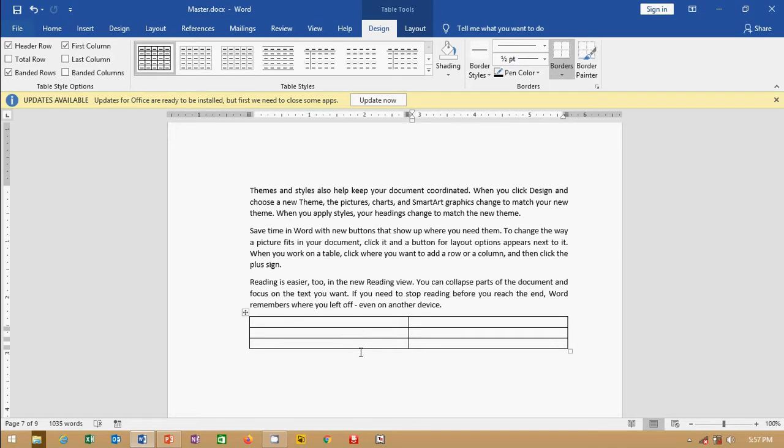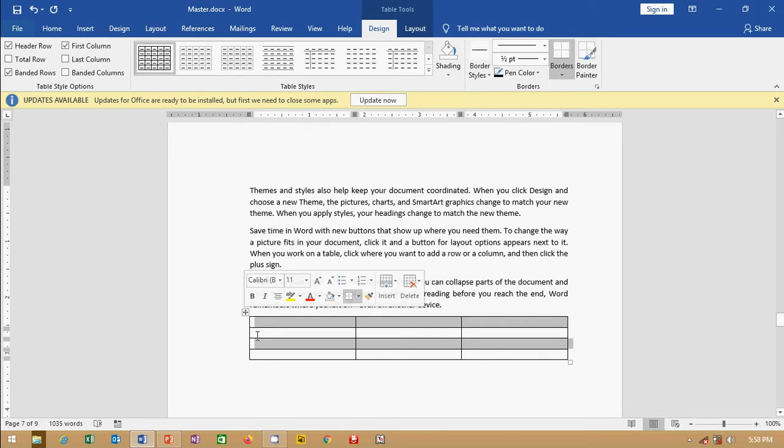How much you press Tab, it will be inserting another table row. So let me tell you about this row and column. You can click here, so it will be inserting. So this is called a column. So 3 columns I have inserted, and this is called a row. This is the plus sign, we can insert a row by clicking the plus sign here.